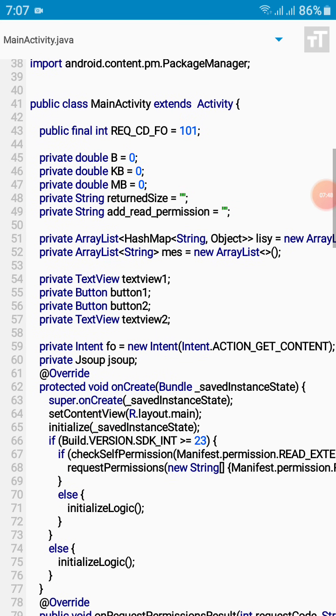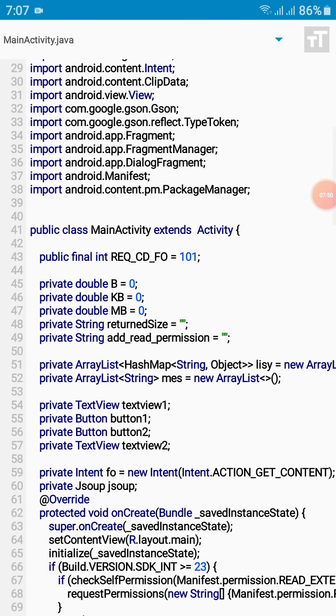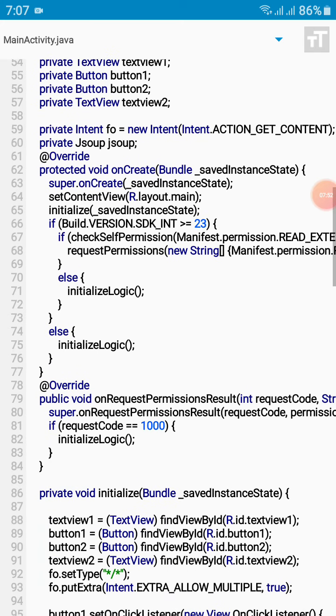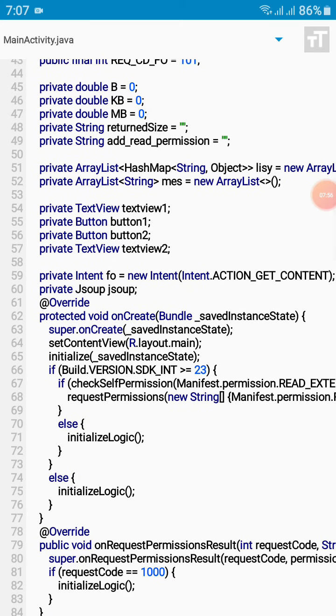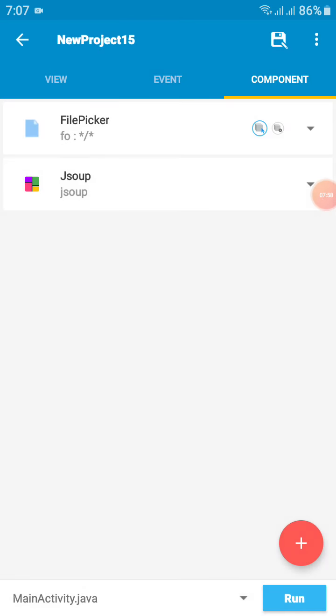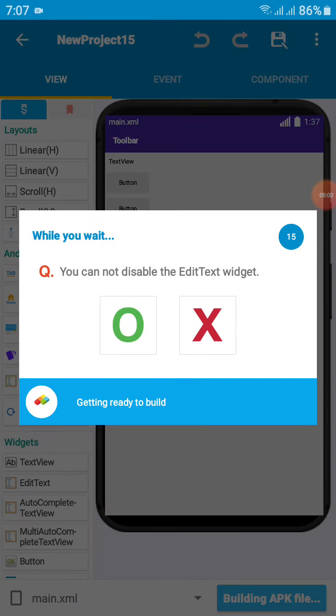You need to add the library by the manager. I wish modders will fix this. Okay, now if I run this project, you will see what happens.